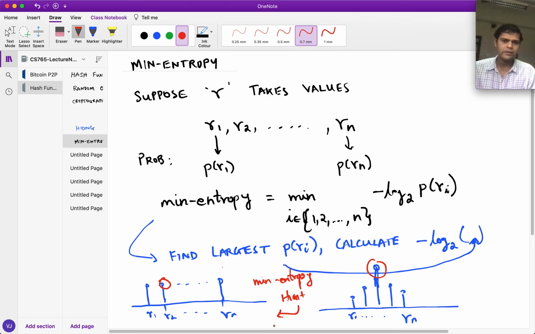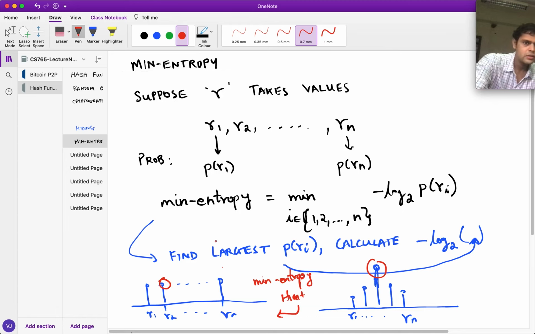So it's just a formal way for information theory people to say what it means for a distribution to be very random. Okay? So you don't want it to be easy for somebody to guess the value of R. In this sort of situation, because certain values of R are more probable than other values, somebody might guess that the actual value corresponds to this value, which has a very high probability, and he may be right. Whereas here it would be very hard in the first probability distribution to guess what R is. Okay, so this is what minimum entropy means.